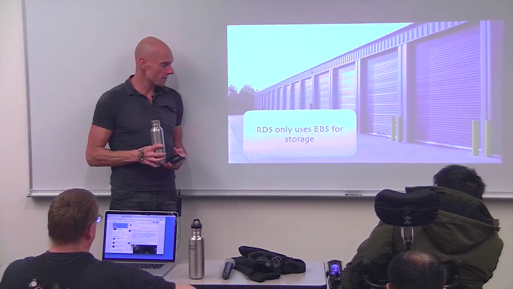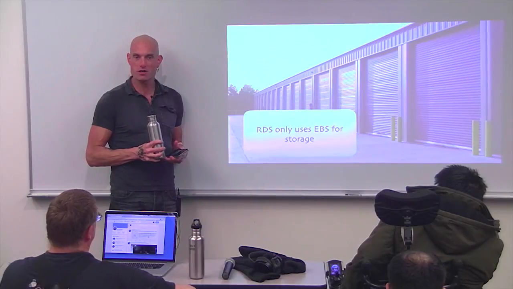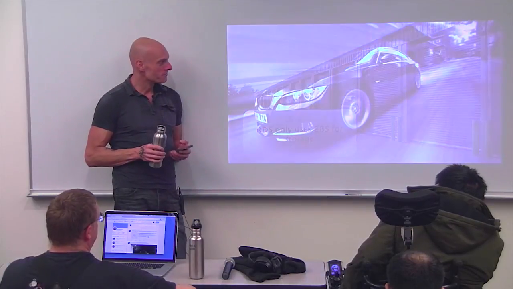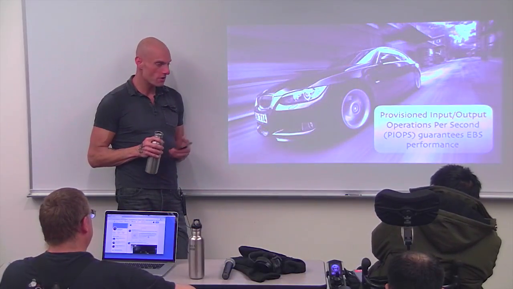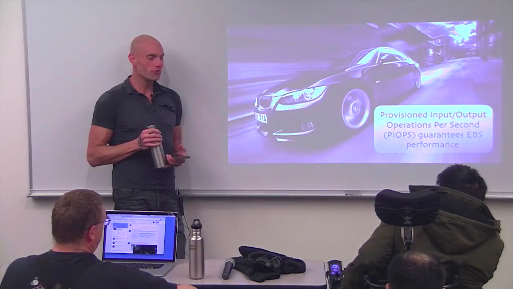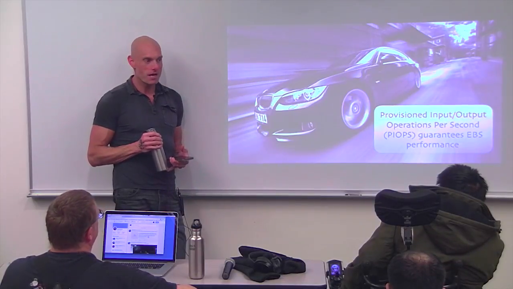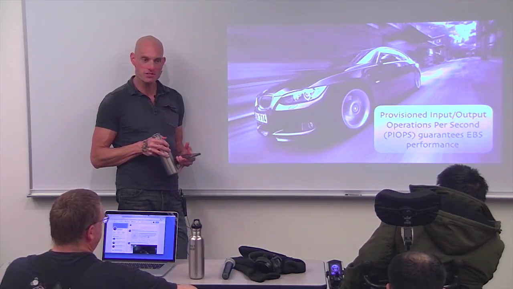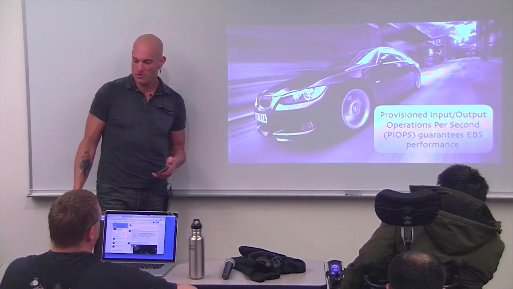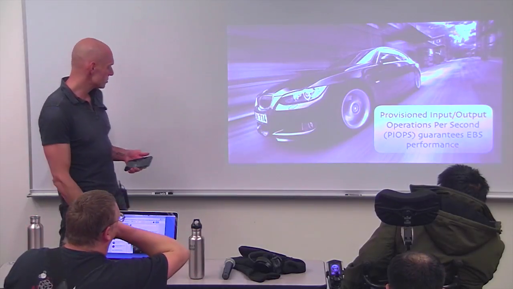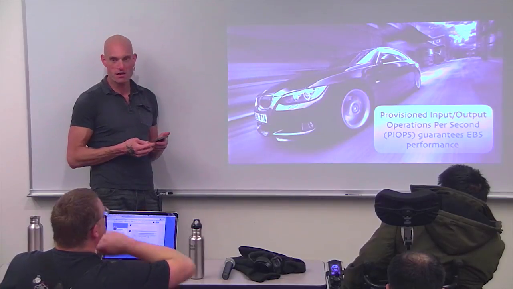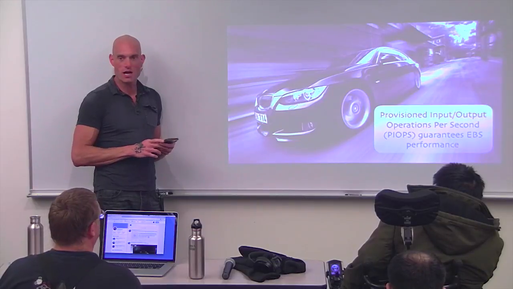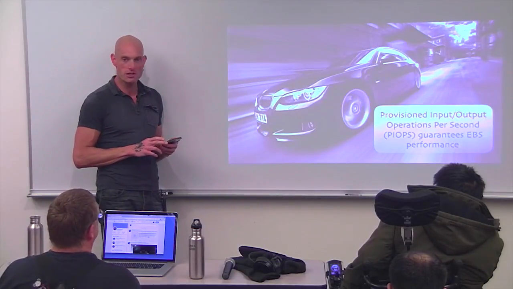They only use Elastic Block Store for storage, which makes sense, because if you shut your RDS server down, having your database go poof would really suck. And then you get into real money here. If you get into a situation where disk performance is poor, possibly because of noisy neighbors or just because your application is badly coded and it's slamming the server with a lot of selects and inserts at the same time, you can pay for something called provisioned IOPS, which is where you're actually paying for a minimum commit of I/O operations. And AWS will sell you very large I/O pipes to your Elastic Block Store disks, but